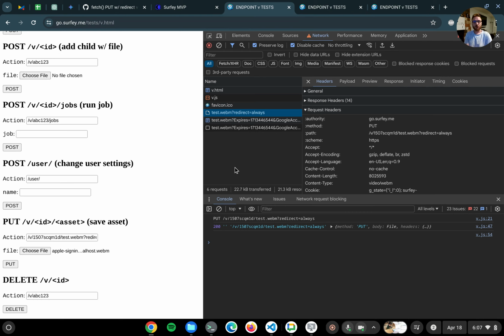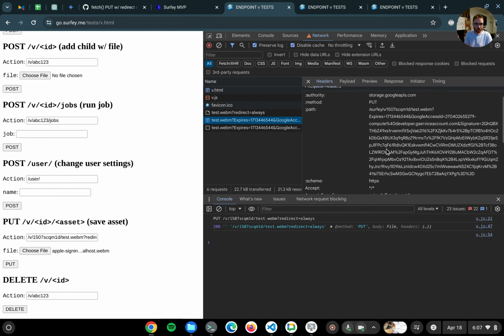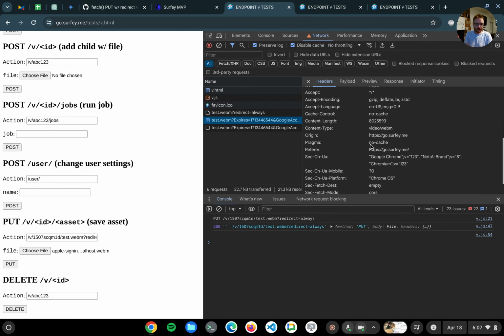If you return a 301 or a 302, then the browser will change the method from PUT to GET. So this worked correctly, and you can see when it did the request to Google Storage,